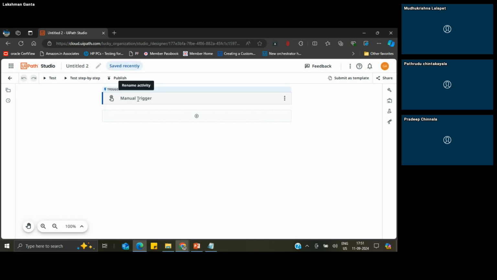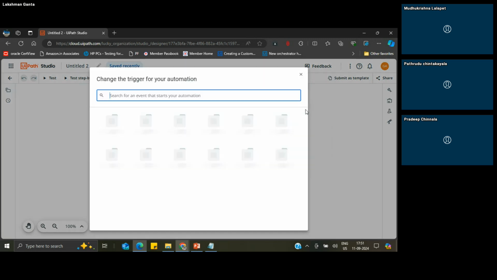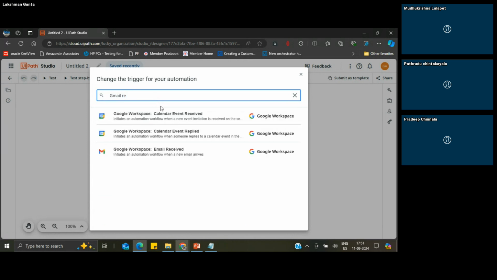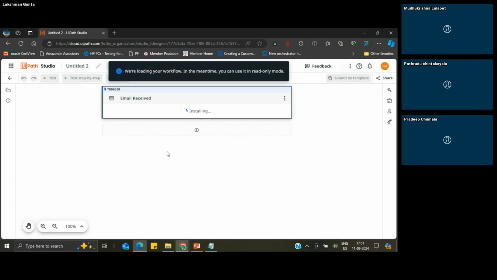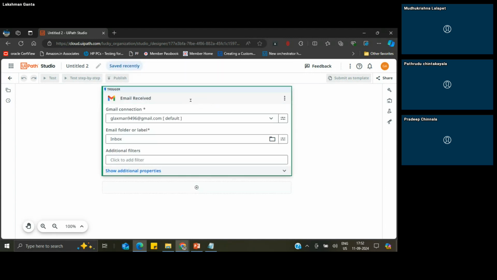Once you have created it, you can see the manual trigger is there. Later, if you want, you can convert this manual trigger to event based. Just click on the three dots at the end and click on change trigger. Let's say I want to convert it into email based triggering. You can see there are options available here. Email received: if you click on this, you can see our manual trigger is converting to email based triggering here. And whatever the Gmail activities, Google Workspace is there,